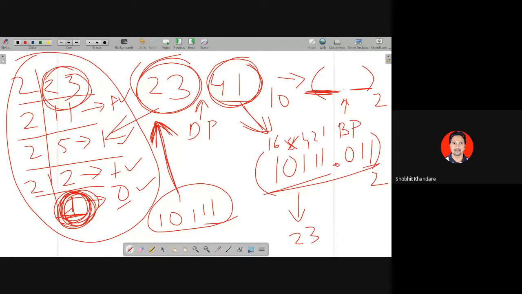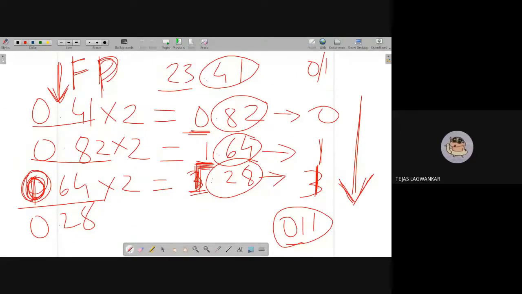Any question, any doubt? Sir, in successive multiplication, where do we have to stop? It depends upon how many positions you want. Now I am interested in only 3 positions. Okay. If you are interested in 4 positions, then take the next one, 0.28. Multiply this 0.28 again, and whatever answer you get,